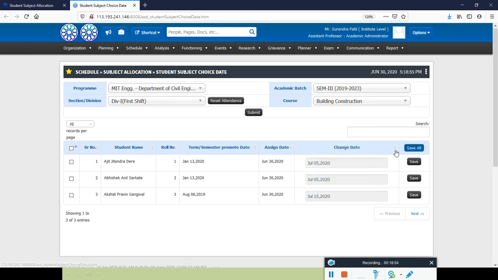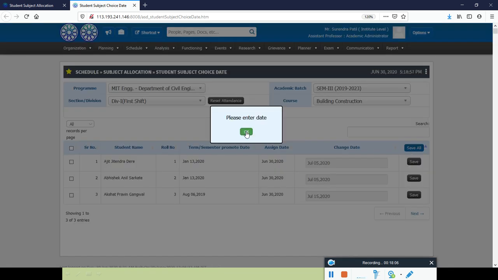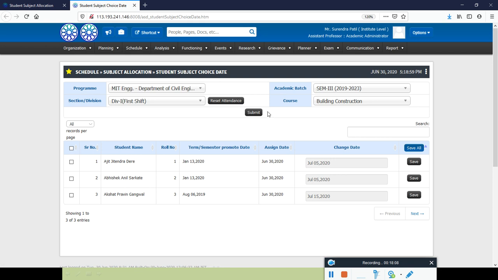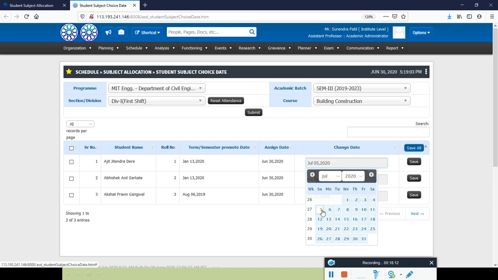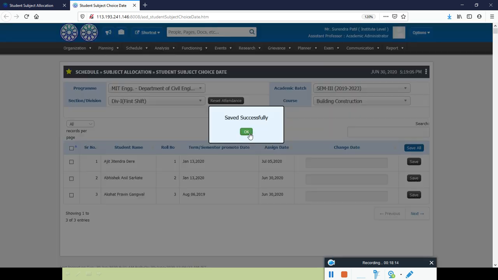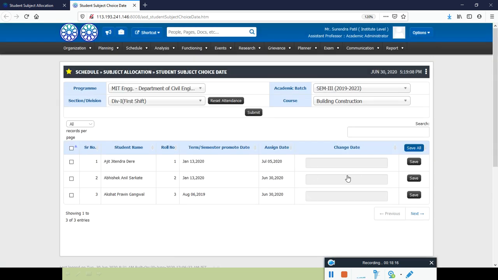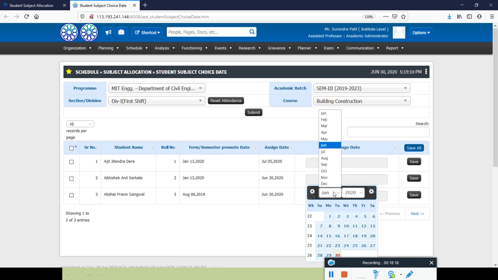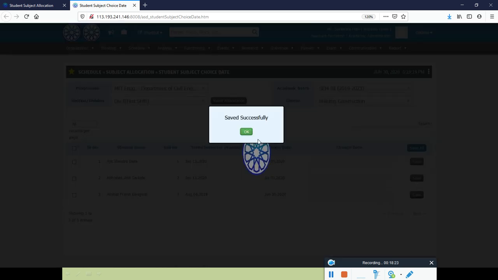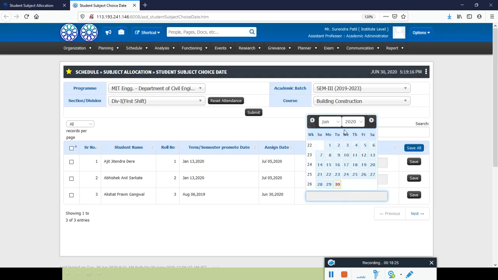So according to the date, the mapping of a student to a particular subject will happen.